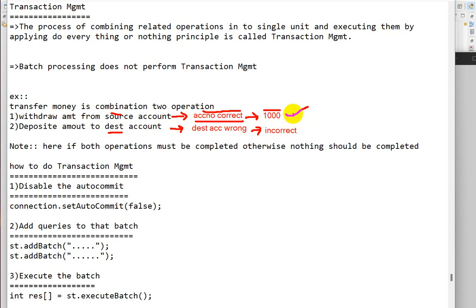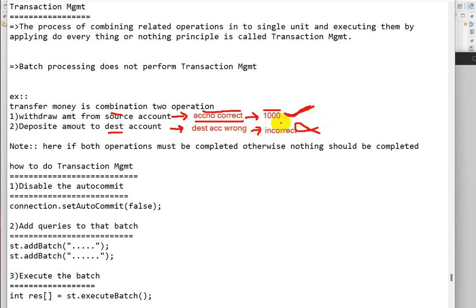Then what happened is, your 1,000 rupees is taken from your account, but it has not reached your friend's account. This is a problem, because you are transferring 1,000 rupees to your friend, but it is not arriving in your friend's account.